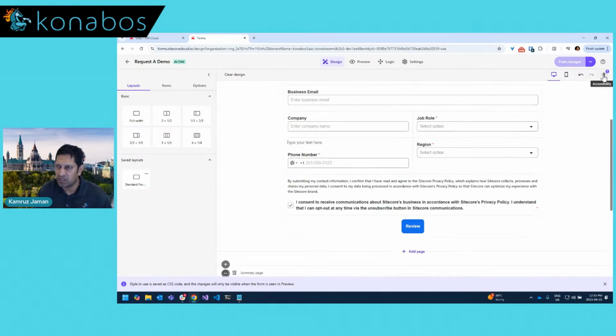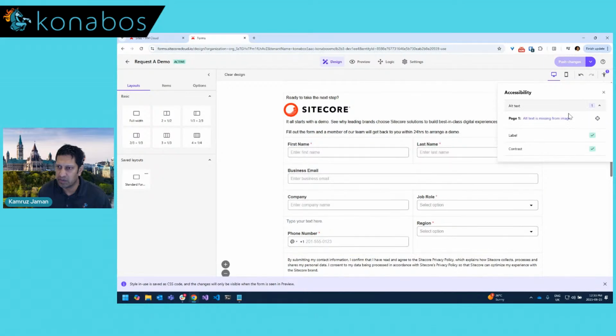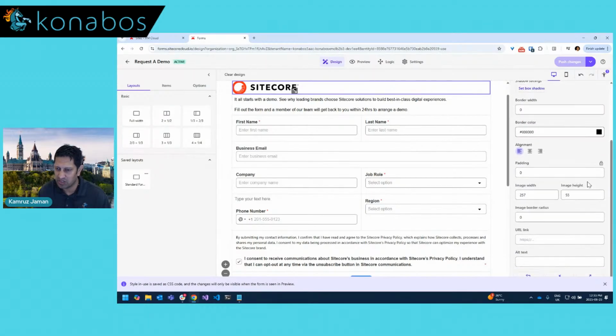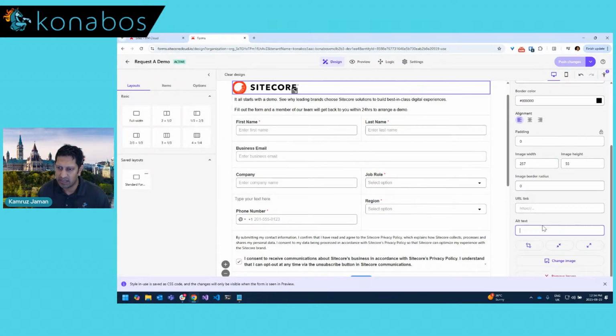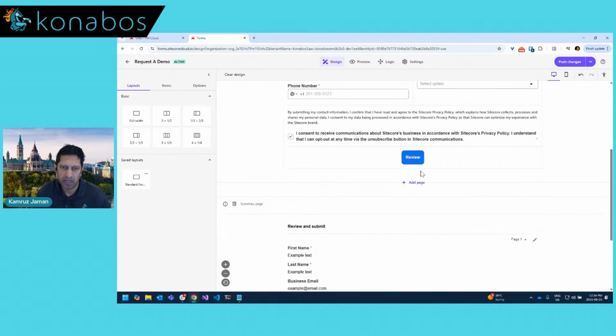Accessibility. Okay, so this is an accessibility tool I had mentioned. It's complaining here about something. Okay, it's missing an alt text from an image. We'll click on that. Yep, I am missing an alt text for this. And you can see that has now disappeared. If I remove,